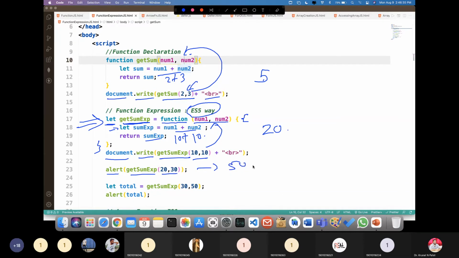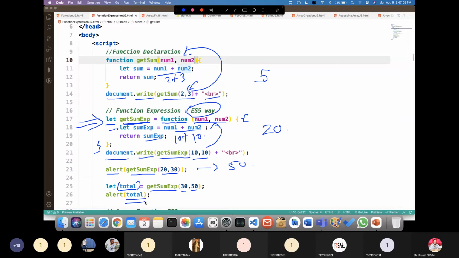Now suppose I want to change the particular variable name to total. This is possible whenever you are using this kind of function expression syntax. So instead of this getSumExpression, I'm defining another new variable, that is total. I am calling the same function getSumExpression 30 50 and I'm defining the alert box with my new variable, that is total, right?